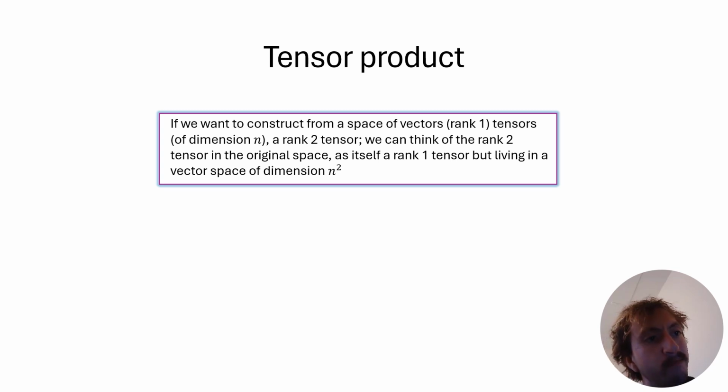So a tensor product can actually take the vector spaces and stitch them together in such a way that when we take the tensor product of two vectors, we will actually end up with a matrix. And